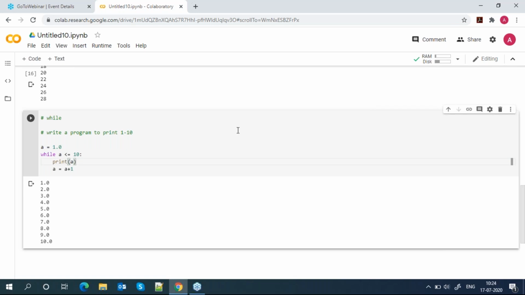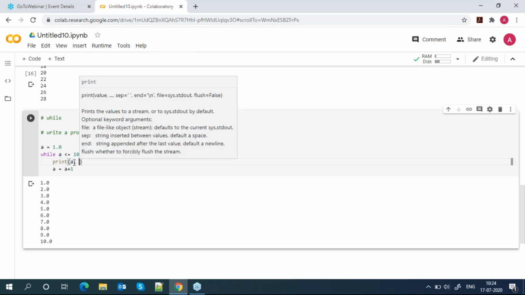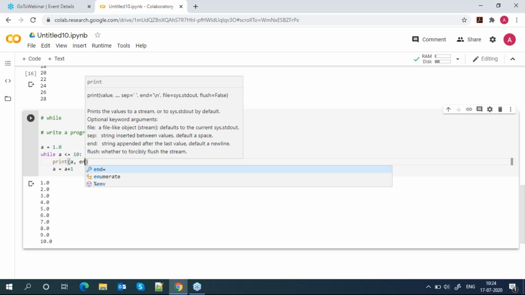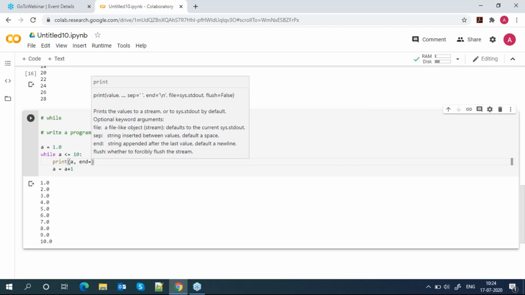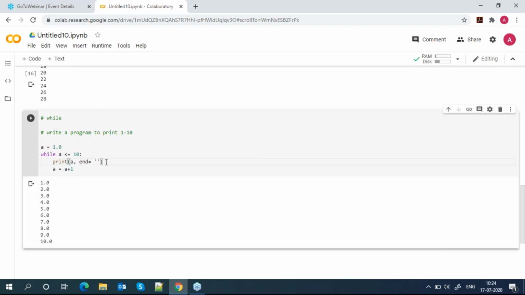Tejashvi, you have some questions? Sir, output always comes in vertical form. When we want horizontal output, how can we do that? Here it is giving vertical output. There is one parameter in the print statement.